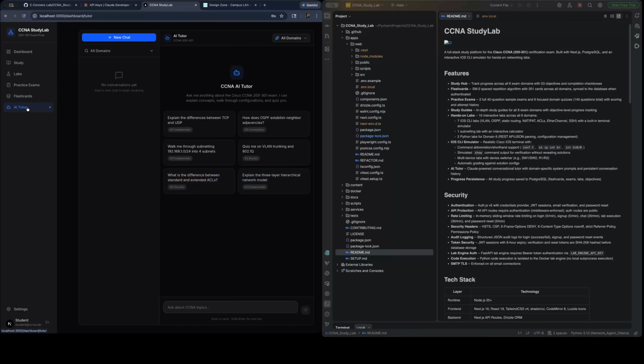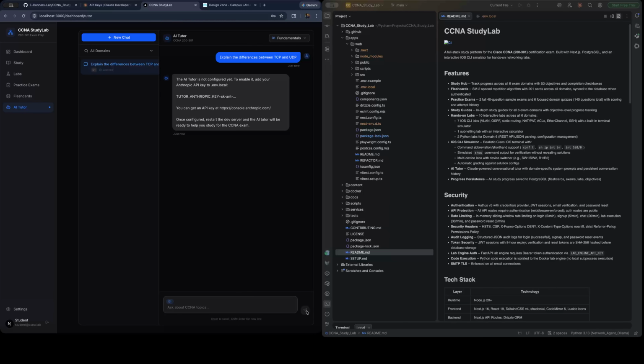So last but not least, we have the AI tutor here. And you can use it to ask the AI anything, to be honest with you. But I've gone ahead and given you a few examples of things that you can ask the AI. So let's see here. Let's just pick one. Let's say, explain the difference between TCP and UDP. And if we ask our AI,